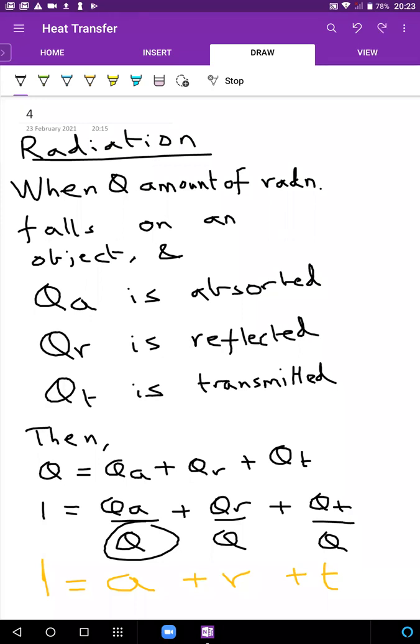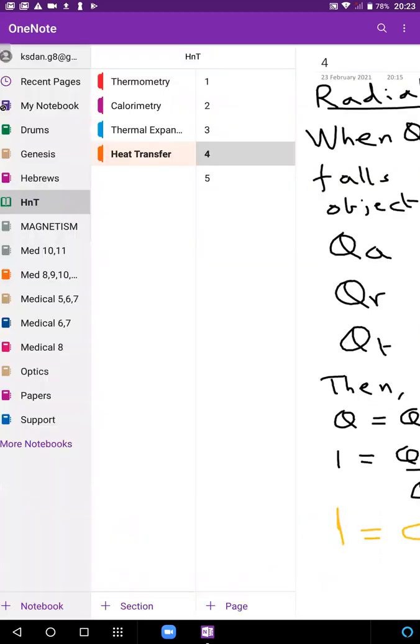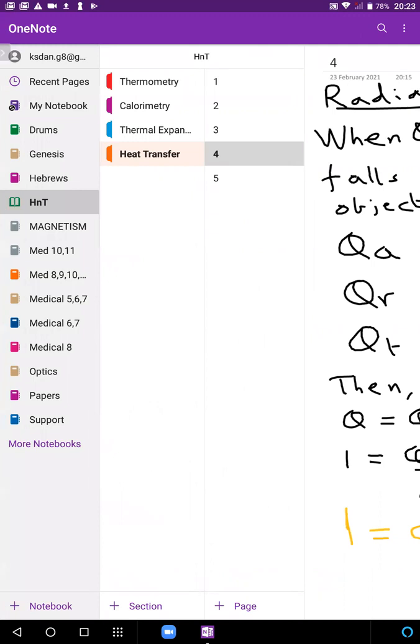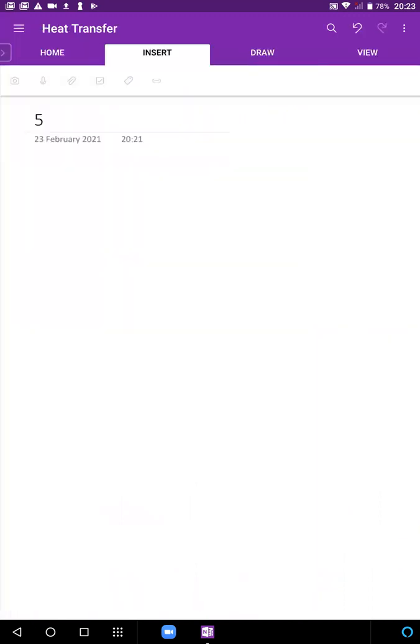Okay? Yeah, यहाँ से यहाँ both sides are divided by Q. Yes. And one of you saying कि 2 निकाल के तीसरा मिलेगा. Absolutely. 2 से automatically तीसरा आ जाएगा. यहाँ 3 ही possibility है to the incoming energies, either absorbed, reflected, or transmitted. Okay. All right. Now, इनके नाम क्या है?